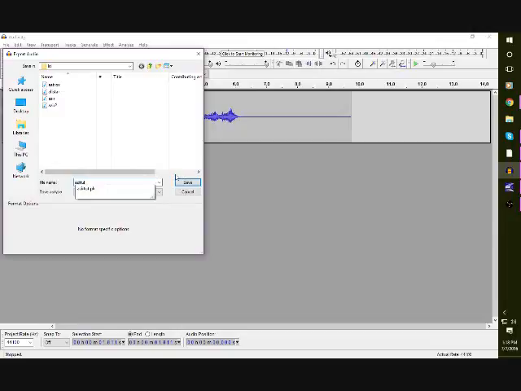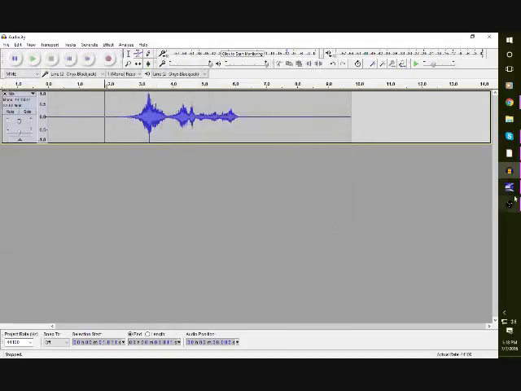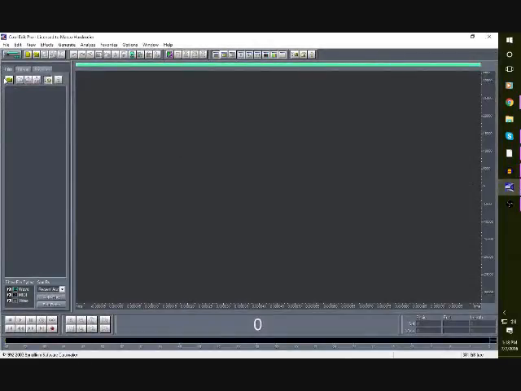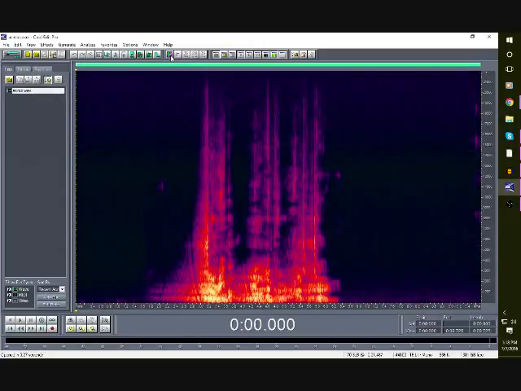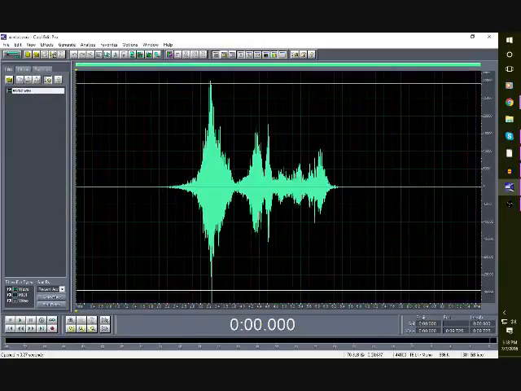You can save it as whatever you want. I'm just saving it as Azir Tut because it's Azir's voice and this is a tutorial. Okay, so, you got that. Then, go into Cool Edit Pro, which, just me geeking out, I found out that you could look at it in a spectrogram view, which is pretty freaking cool. Alright, so,